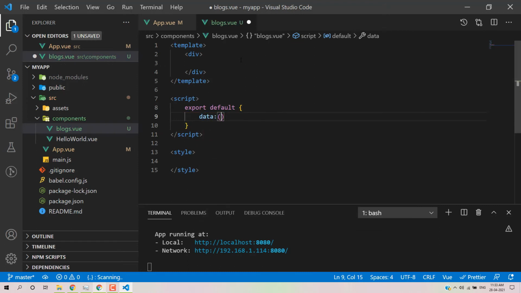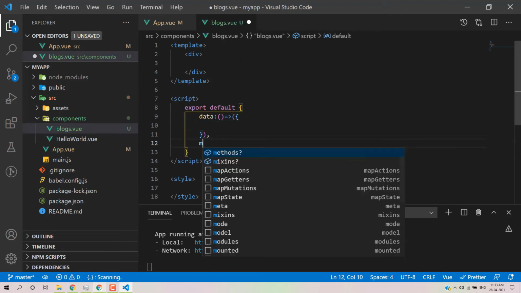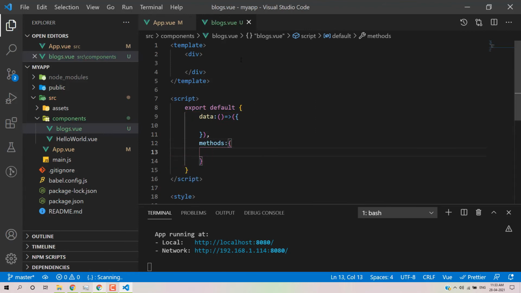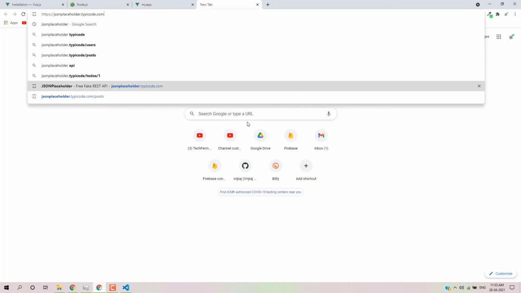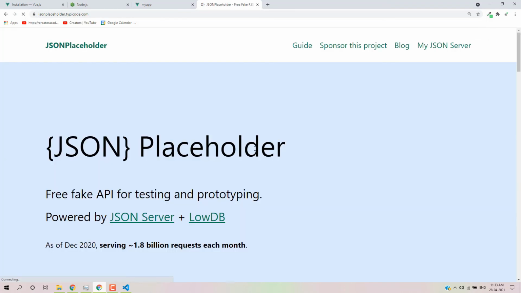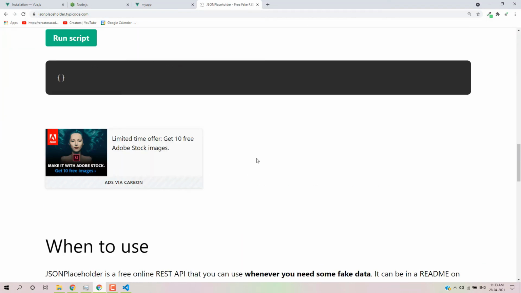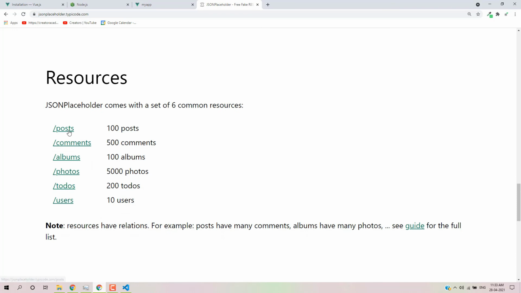Okay, so we have a JSON placeholder API, so I'll just go to the link JSON placeholder. These are the REST APIs, so we will use these REST APIs. So we have APIs for the post, so I'll use these APIs. I'll just copy this part, and we will create a button here.